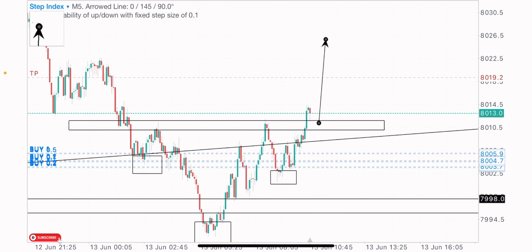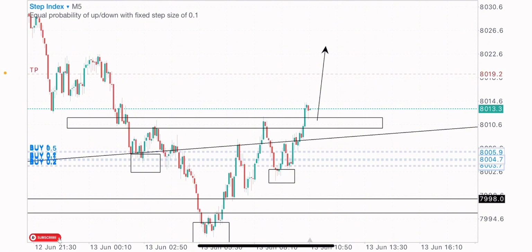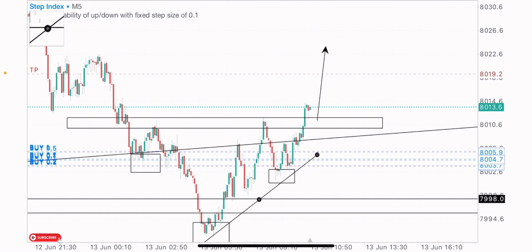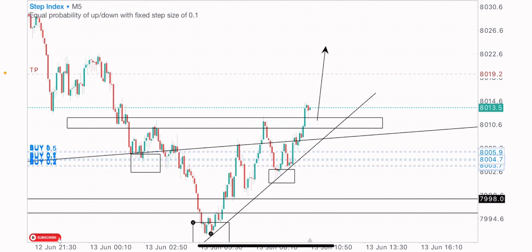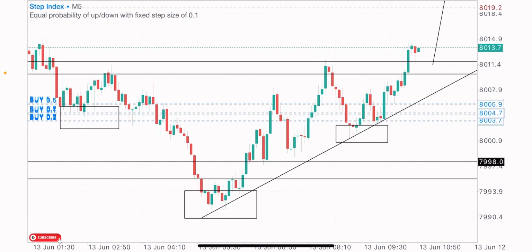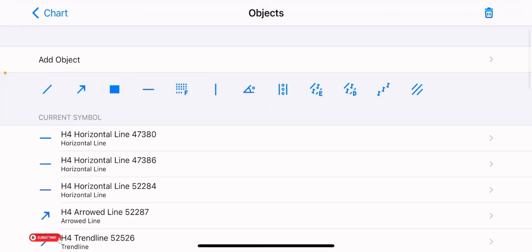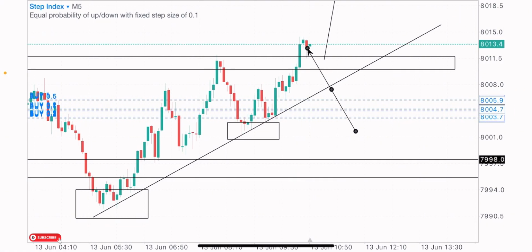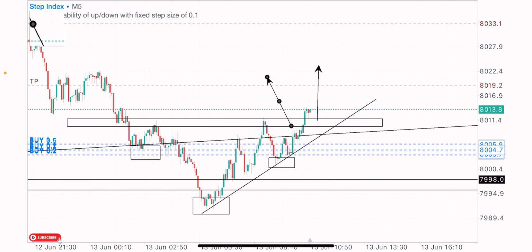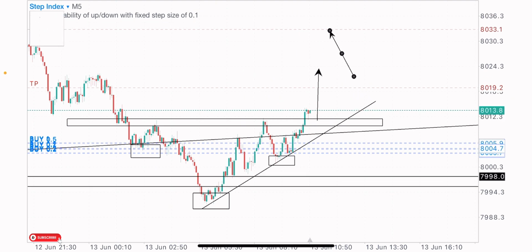My first TP is likely to get smashed. And we also have this bullish formation, which the market has just started forming right now. This bullish structure, higher lows and higher highs formation. So everything is looking bullish at the moment on Step Index. So I'm strongly holding my buys. You can see we're getting this bullish candle that is forming right now after the retest of this zone, this broken level of resistance, as well as the neckline of this inverted head and shoulders pattern formation. So once the first TP gets smashed, I'll be moving my stop loss above my entry, holding on to the market to get to my second TP level.